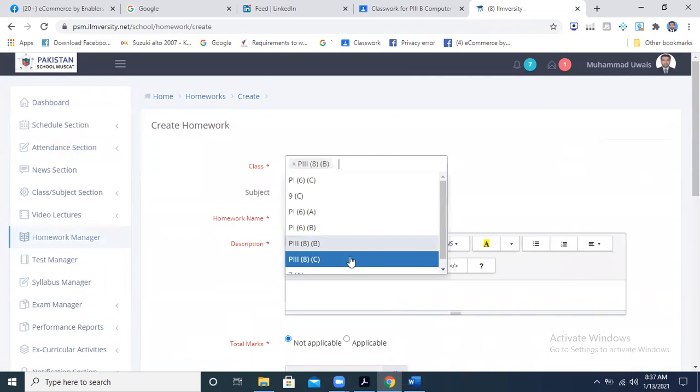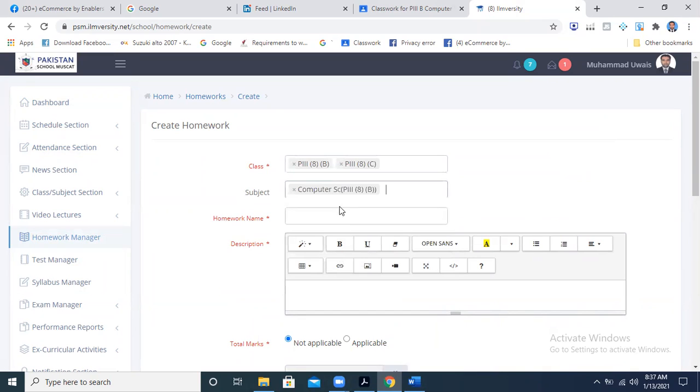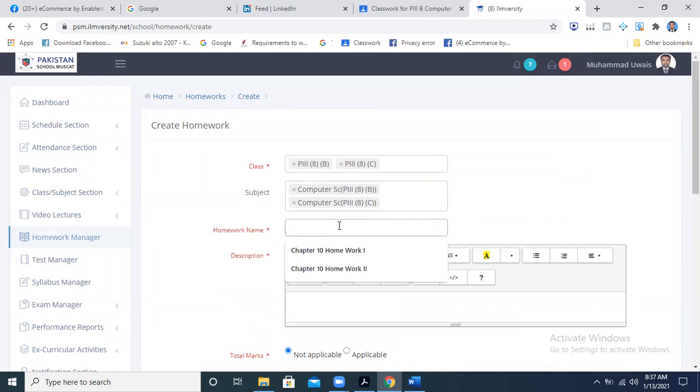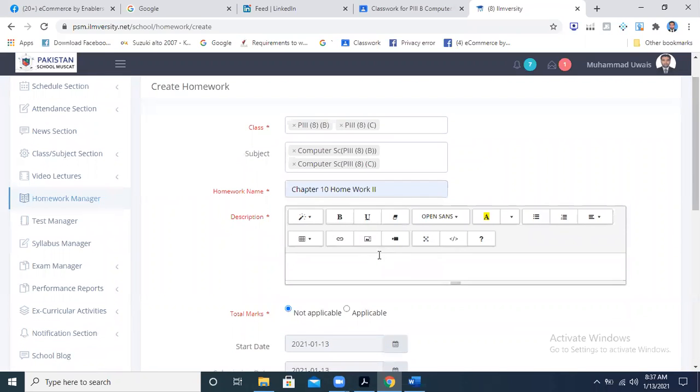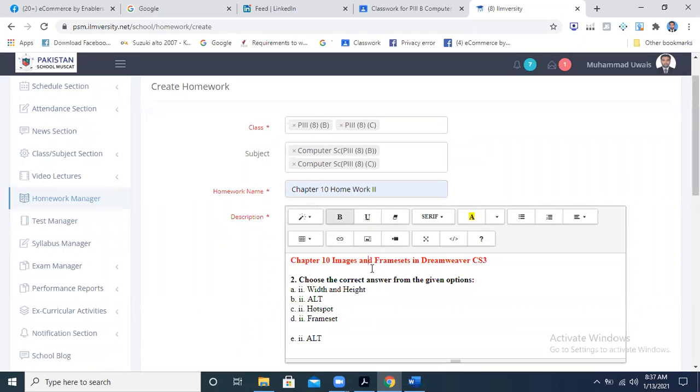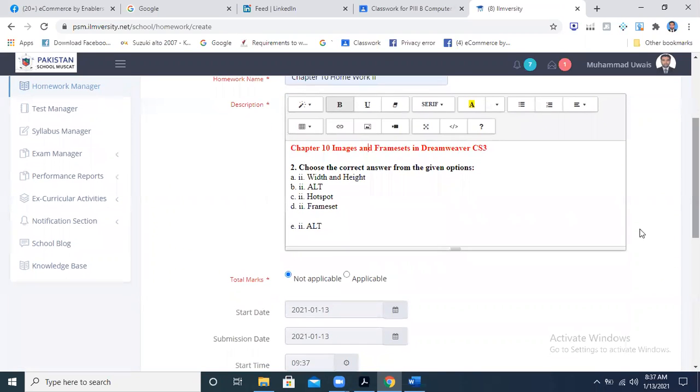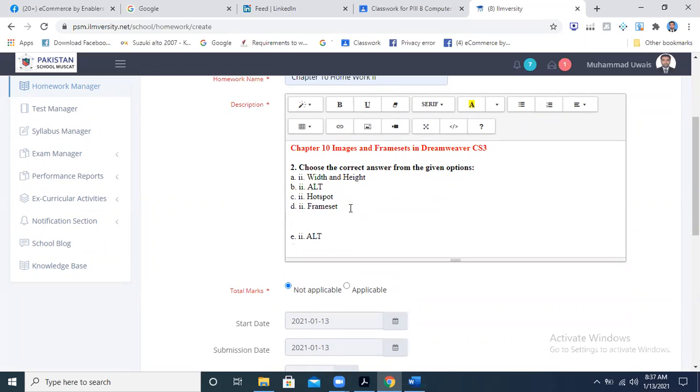For P3B and P3C, computer science. This is now homework 2 for this chapter. This is the question that you have to write in your notebook.